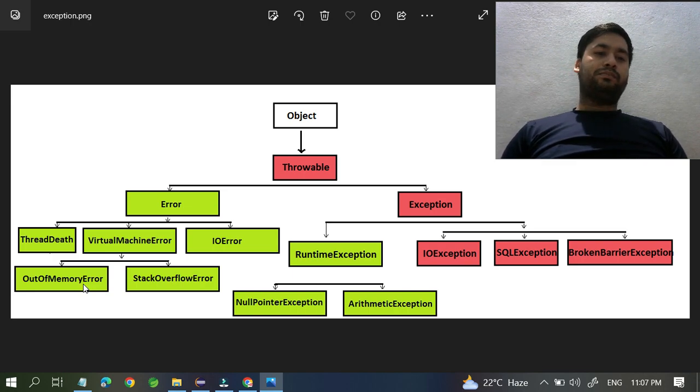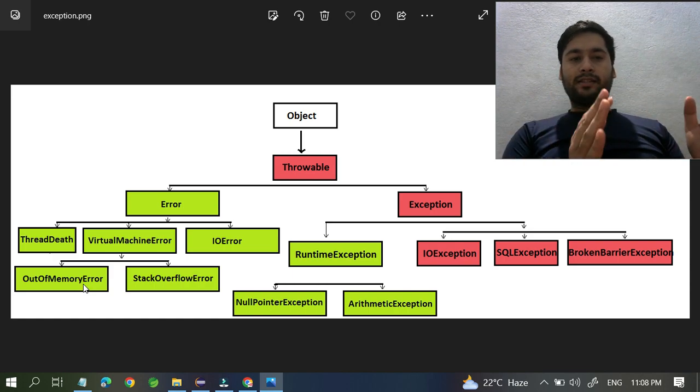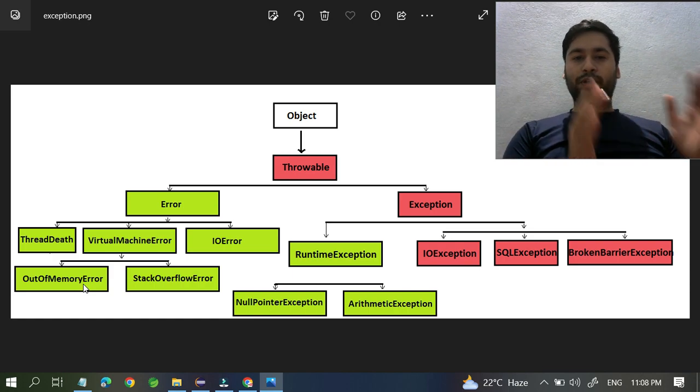You can't handle that kind of issue. You have to focus on your code and identify exactly where the issue is, where you made the mistake, why it is running infinitely. I am not going to talk about those things because we can't handle errors. We can only predict and fix them.